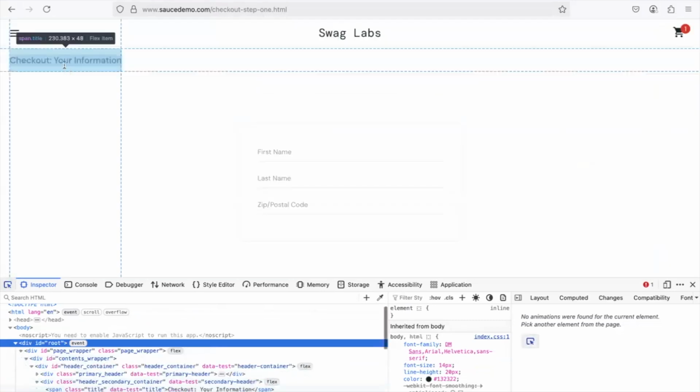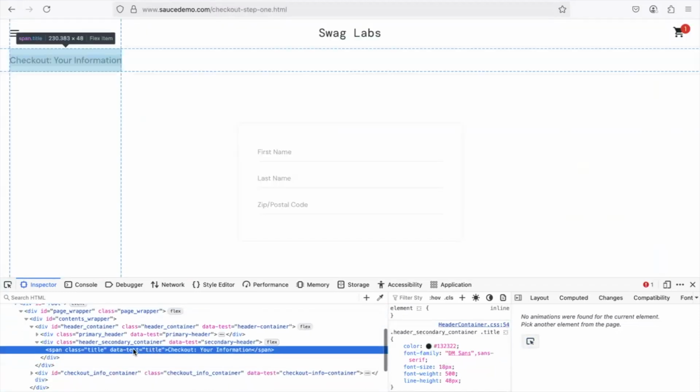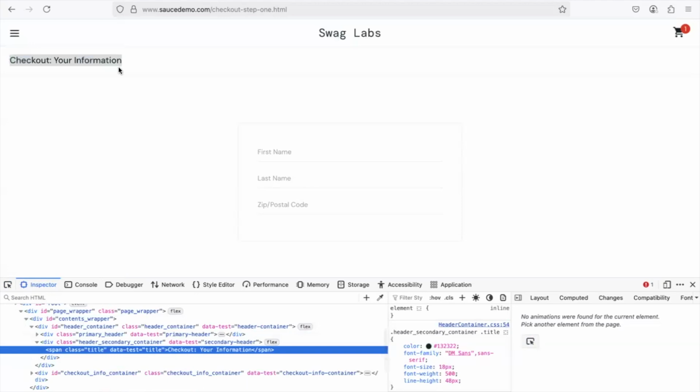So let's do this one. Checkout information, the title, the data text, title, and your what? Check your information. So we have, what should we use? We can do get text for this. I will confirm that this get text that our system is getting is the same as